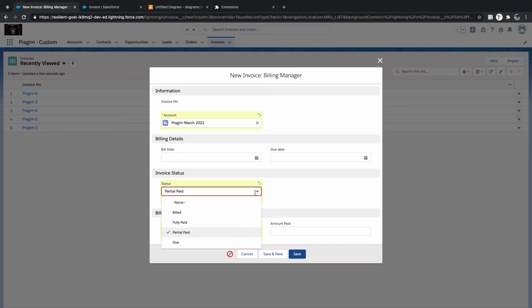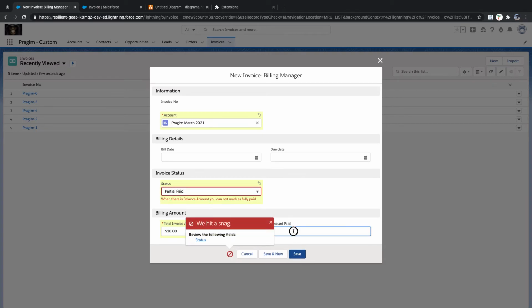When the status field is marked, I'll enter 10 here and 1 here. I can't make it partially paid now. Save. Oh, the fully paid error is coming.